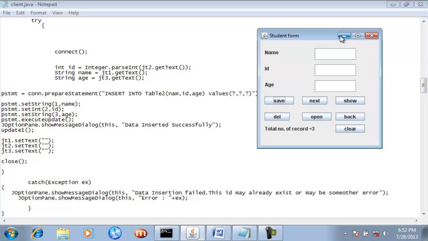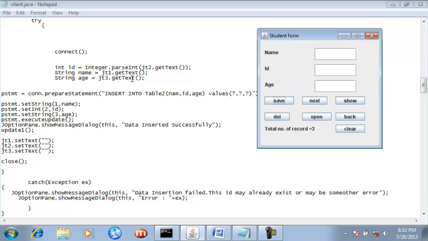Then this is JT1. With the help of the jt1.getText method, we have extracted whatever name you have given in JT1, and the name has been transferred to this name variable. Now jt3.getText.